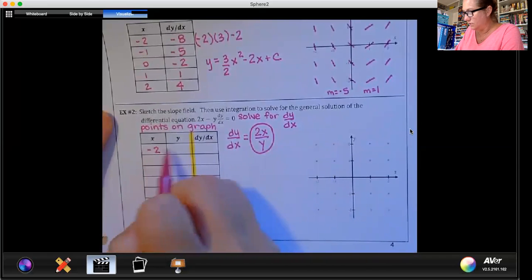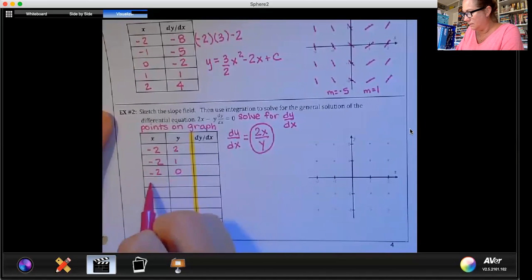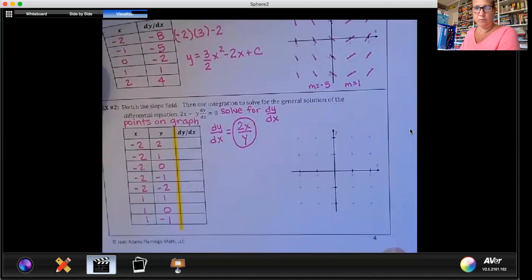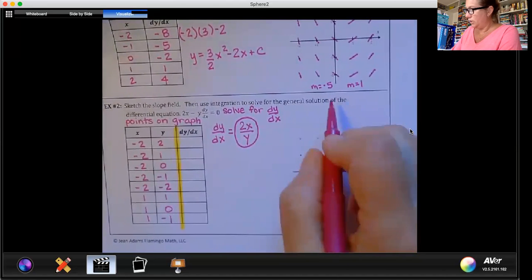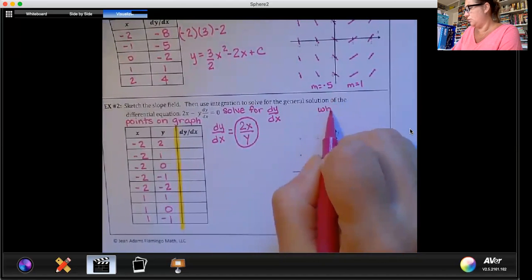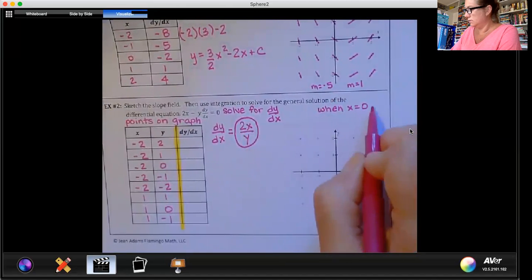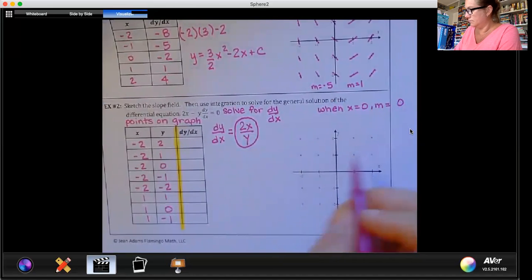And then we will put on there (1, 1), (1, 0), and (1, -1). And then if we need to add more points, we can do that. We know that when x equals 0, your slope is 0,